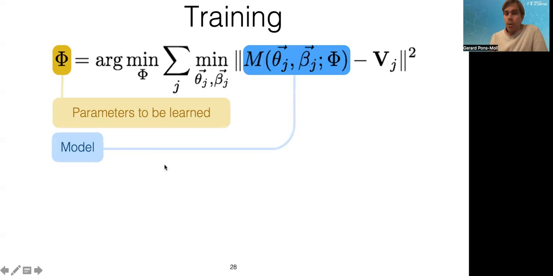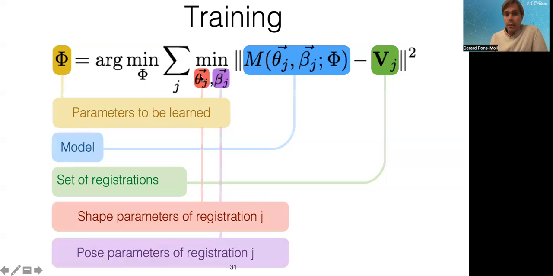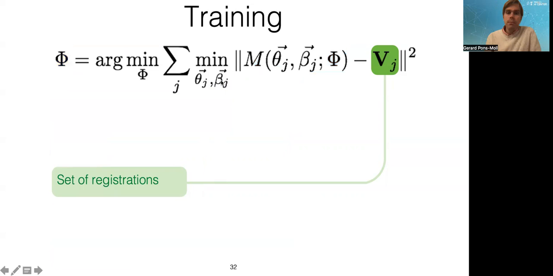And what we want is that the model is as close as possible to each of the registrations j. So this summation sums over the training registrations in the data. But in order to minimize this, we need to find the optimal pose and shape for each particular registration. So in order to minimize this loss function, we have to find the pose and shape for every registration. Okay, so that's not a particularly easy problem to solve because we have an argmin and a min inside,